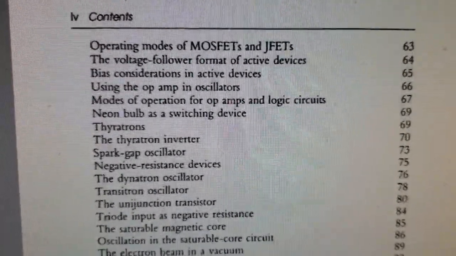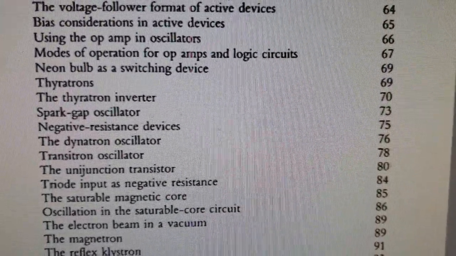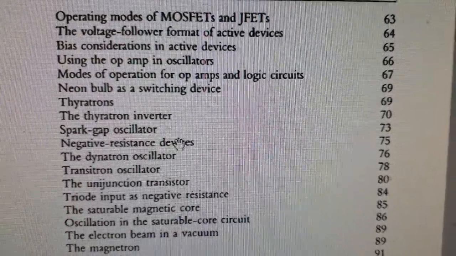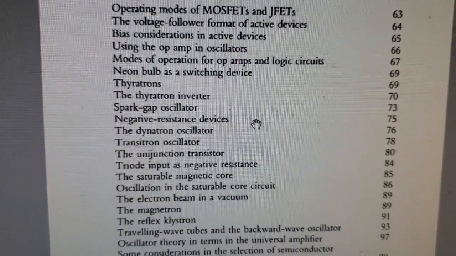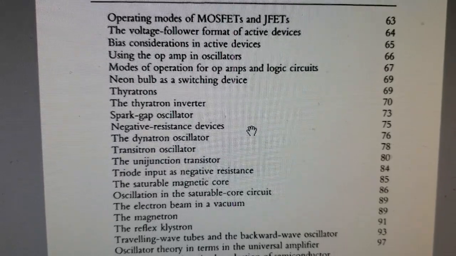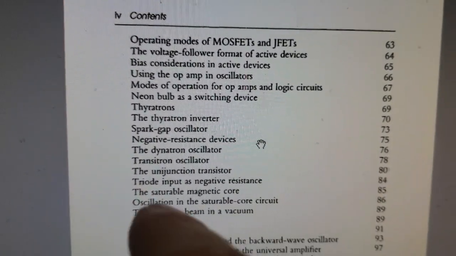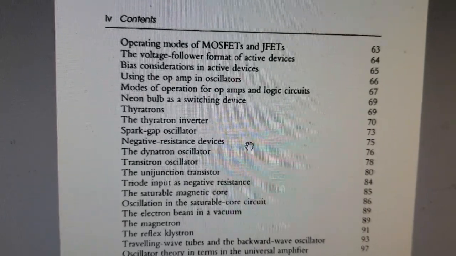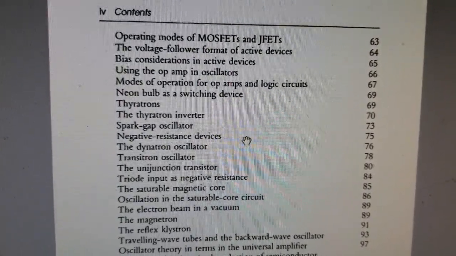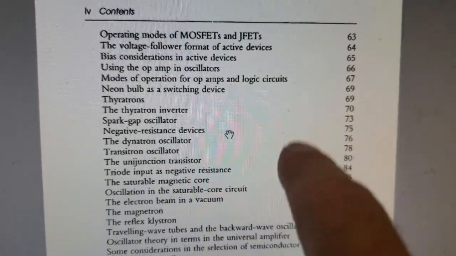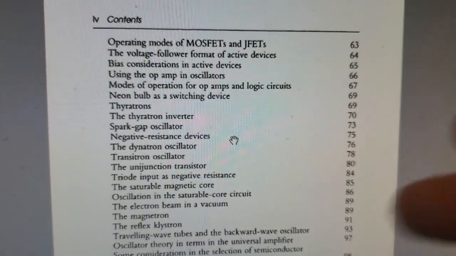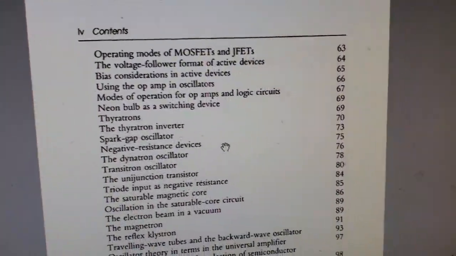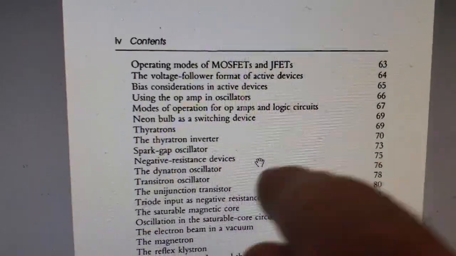But I want to just highlight one paragraph in here, and it concerns negative resistance devices. So if you've been following at all on this channel, you know that I'm pointing out that resistance is the single greatest parameter affecting Q factor, or how damped or undamped your oscillations are between a capacitor and an inductor. So just to drive that point home,